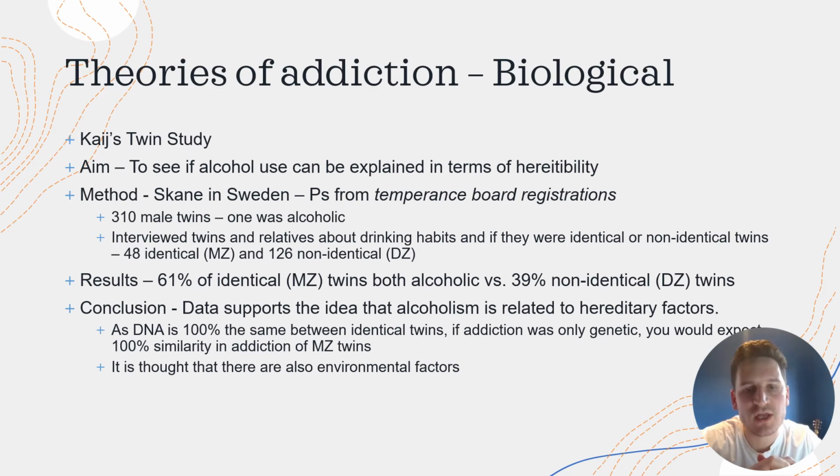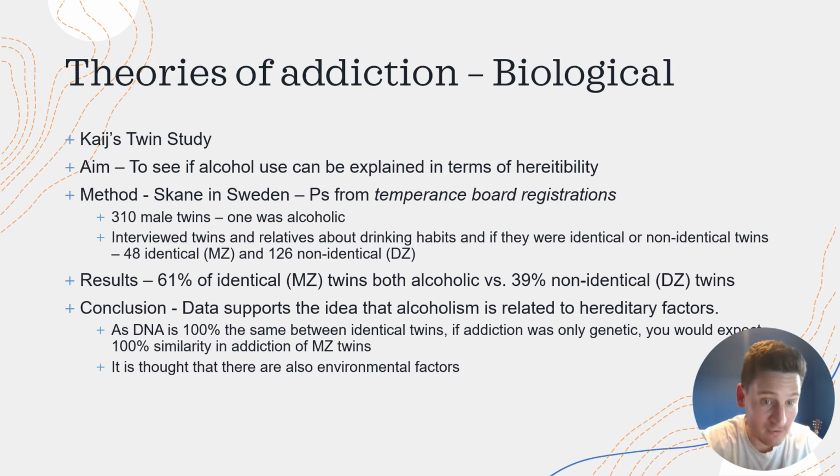And so what the study was looking at was the difference between temperance board registrations with identical twins compared to non-identical twins. And what was found was there was 61% of the identical twins. If one twin had issues with alcoholism, the other one did as well, whereas the non-identical, it was 39%. So the fact that those that had a higher genetic similarity, identical twins, had more in common when it came to alcohol problems suggests that there is some sort of biological inherited